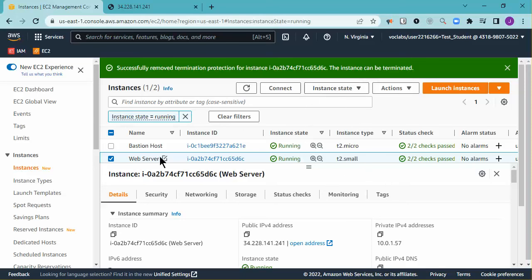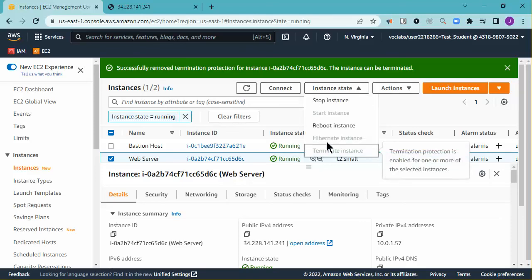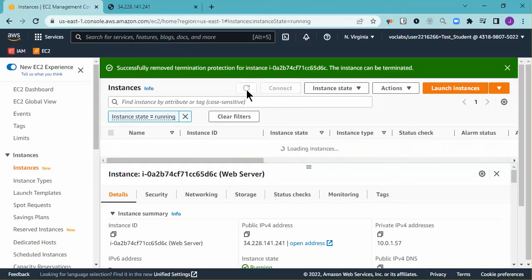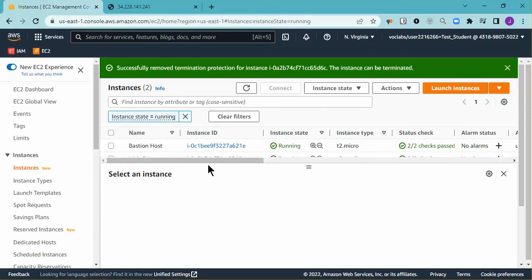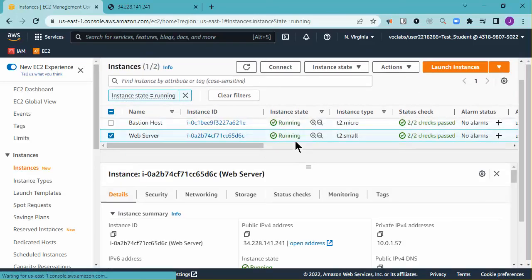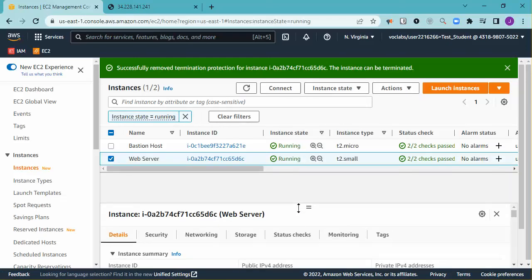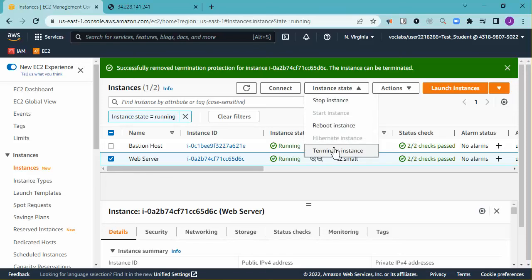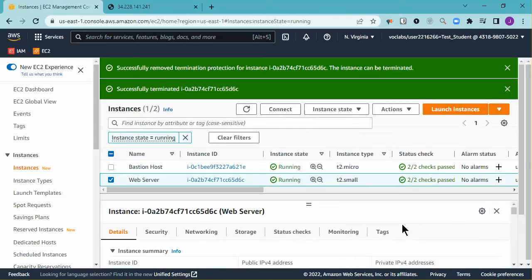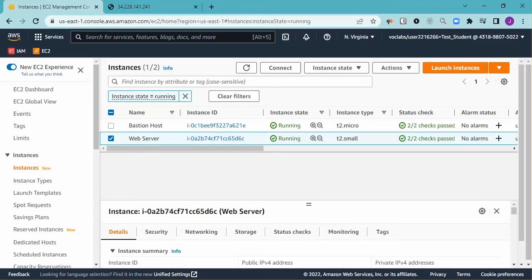So now if I select the web server and go to instance state, let me see, can we see the change happen? So I go to this one, selected, and terminate instance is now available for that server, for the web server. So now if I go to terminate, it will allow me to terminate. You can see that it says that it was successfully terminated, which is what we wanted,